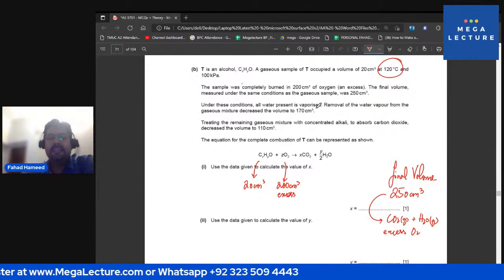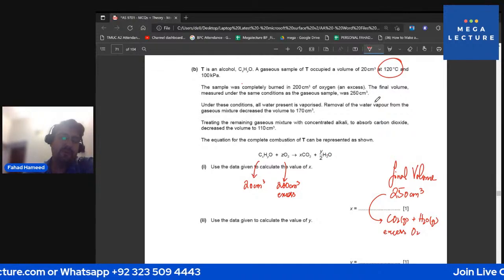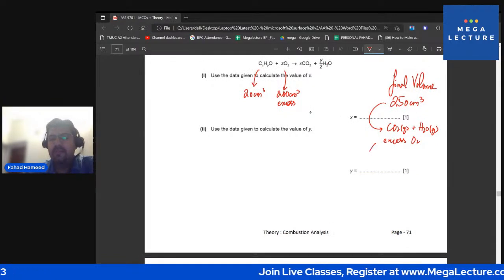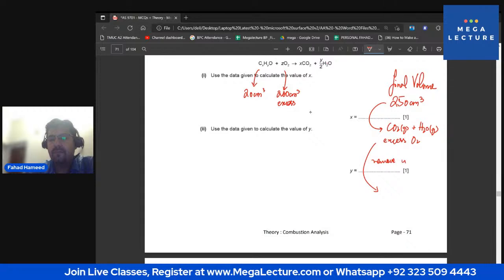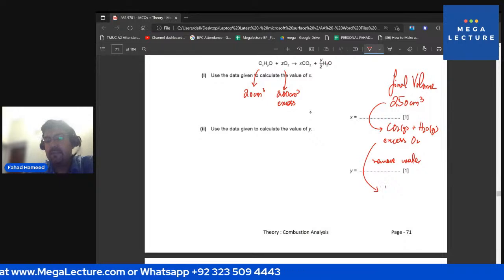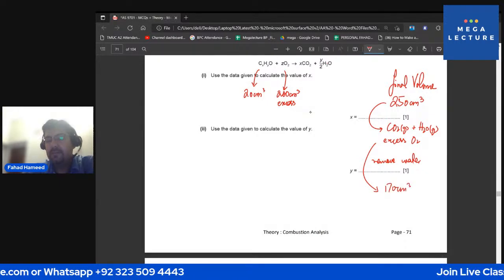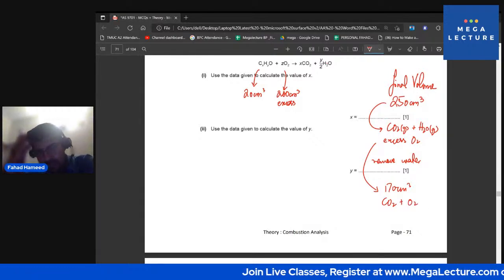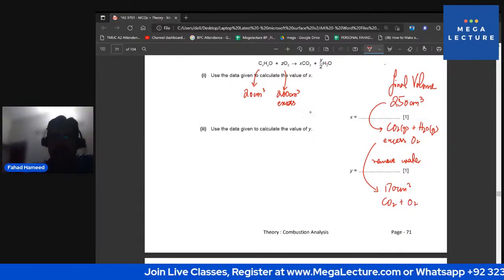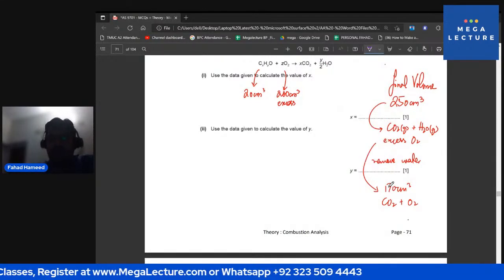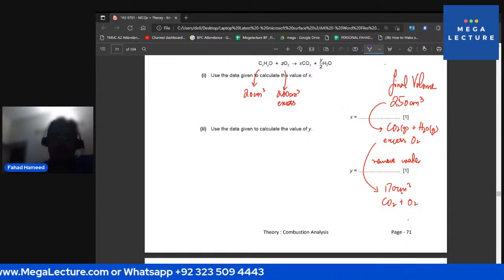He now says that if you remove the water vapor from the gaseous mixture, the volume decreases to 170. So if you get rid of the water vapor, your volume goes from 270 cm cube to 170 cm cube. So basically now you have carbon dioxide and oxygen gas only. So you remove water. So how much was water? With water the volume was 250, and without water the volume is 170. So water had a volume of